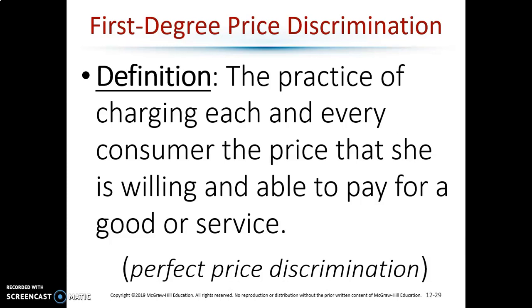So let's start off with the simplest type of price discrimination. That's what you see here. First degree price discrimination, also often known as perfect price discrimination. And this is the theoretical scenario in which, for every single consumer, the producer is able to figure out their maximum willingness to pay, and every single consumer willingly pays that price for the good or service. And a mutually beneficial exchange is made. It is still mutually beneficial because the consumer will walk away at higher prices, but is willing to pay that